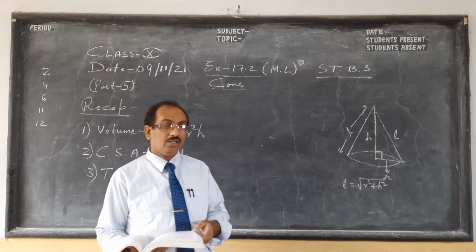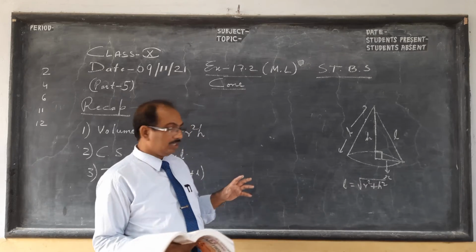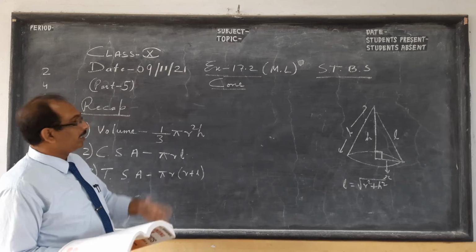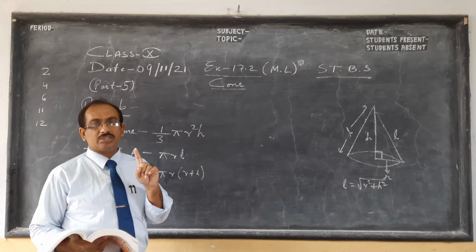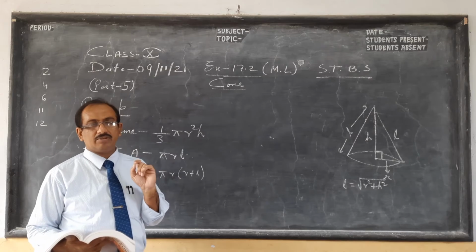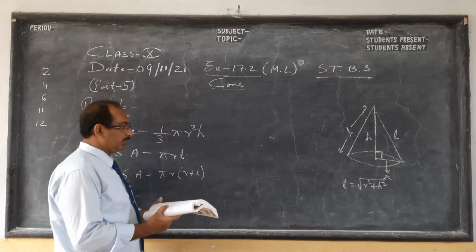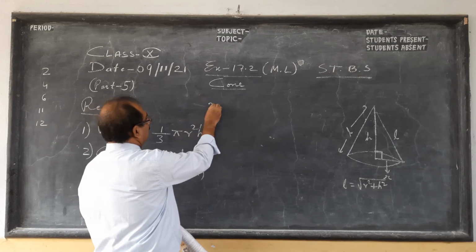With this basic idea, let us do a few questions from the textbook, because the question I did yesterday, I gave from my own. Generally, as I have told you before, if pi is not mentioned, you will take 22/7, otherwise 3.14. So now question 2. I will try to cover this with whatever time we have.